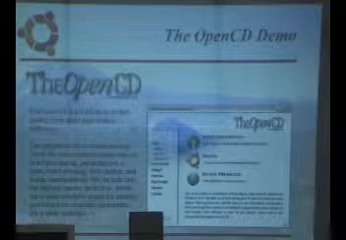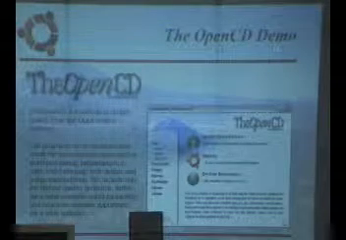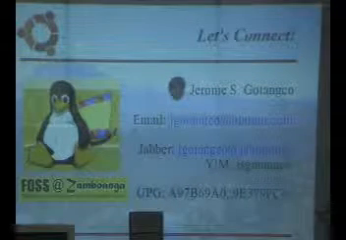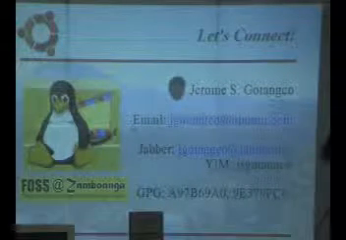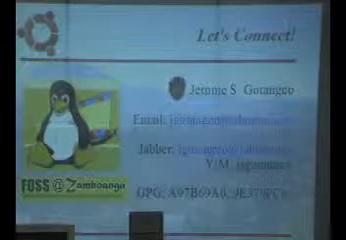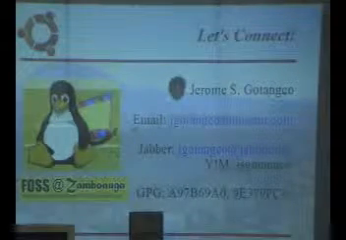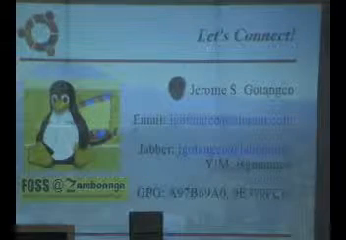Okay, so I guess we'll try the OpenCD itself. Yeah. So again, before I end this talk and go to demo, if you need to email me or have concerns, jacob@ubuntu.com. I also have Yahoo,